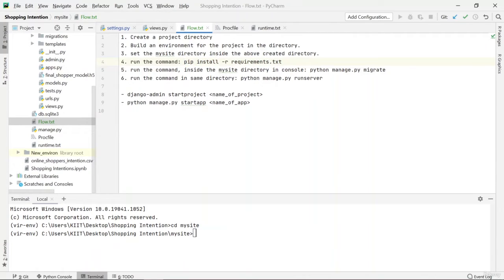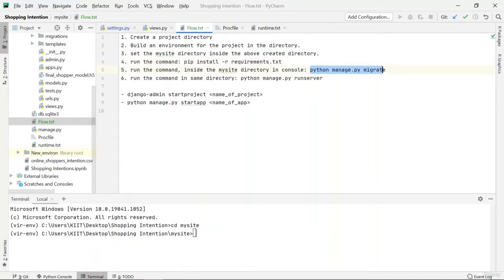Another thing this does is that it tells you exactly which package version has to be installed. Once you do this, your environment will be set up and you can run the code. So now inside the my site directory itself, just run the command python manage.py migrate.